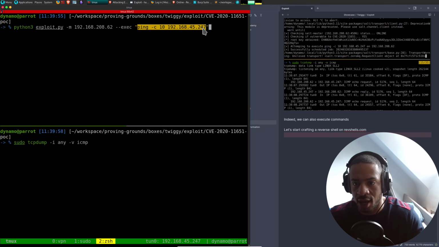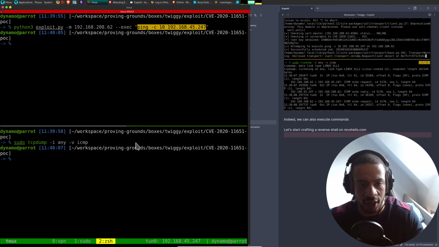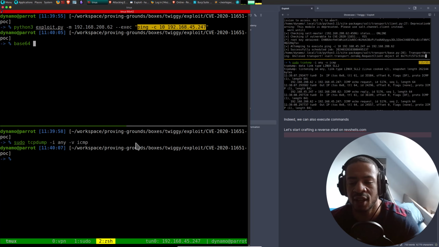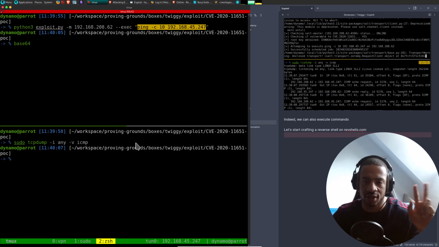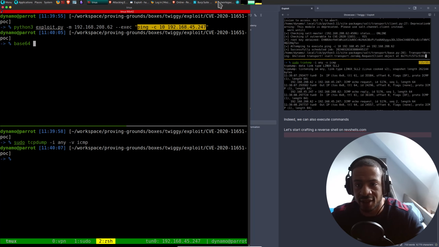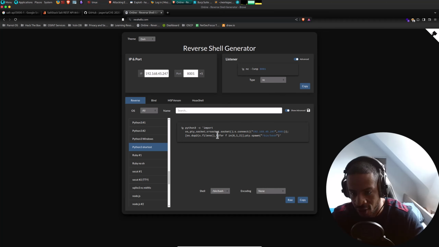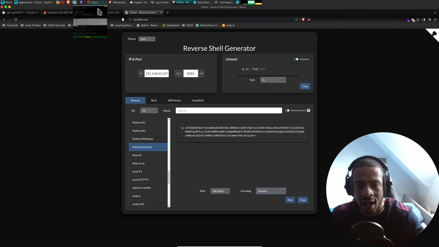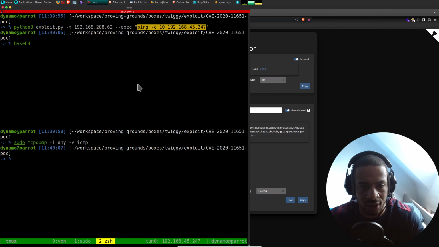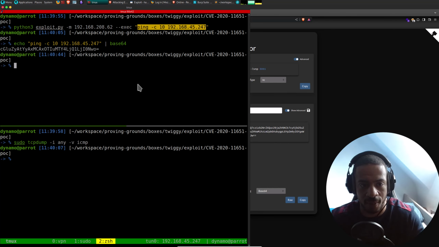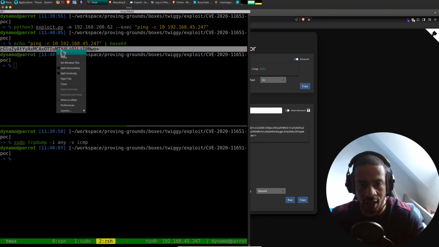This command, I'm going to base 64 it, because if I have to enter a command inside of apostrophes, and the command that I'm going to enter, like here on RevShells, has a lot of quotation marks and stuff like that in it, then it might break and not work. So what I'm going to do is I'm going to encode it in base 64. And the way that works is like this. So I'm going to do echo, put the command in there, and then pipe that and encode it.